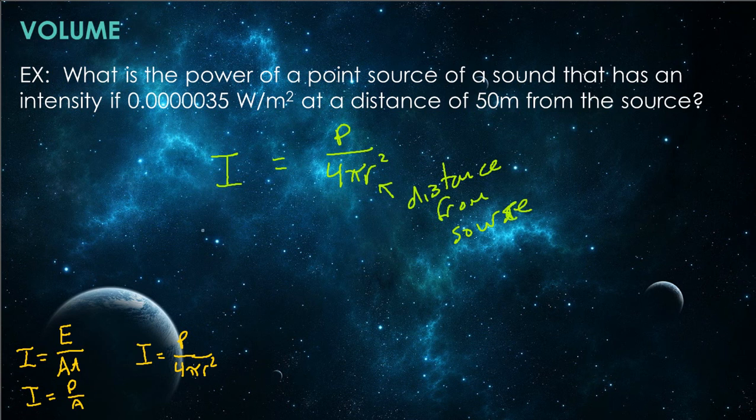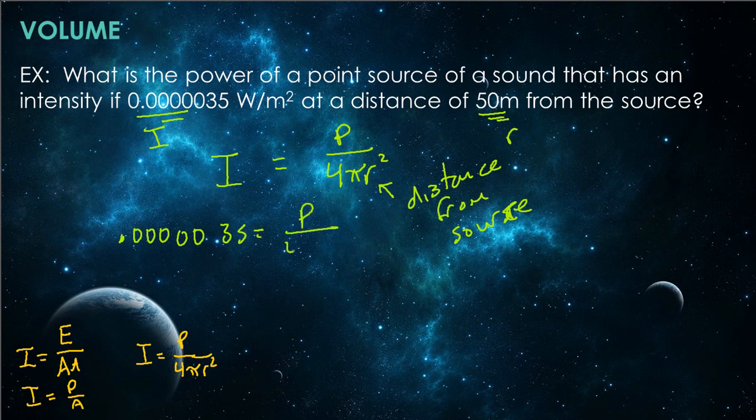Okay, so I is given to us right here. This is our I. And this right here at a distance of 50, so this is our R. So we're 50 meters from the source, so that's why this is not intense at all. We are very far away. So 0.00000, I want to make sure I get the right one. 1, 2, 3, 4, 5, 5 zeros. 35 equals